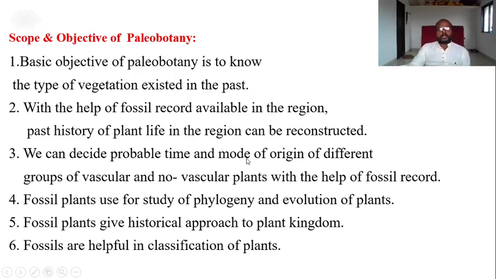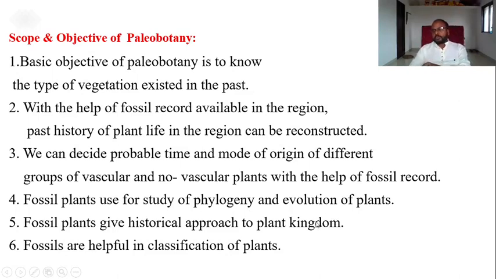With the help of the fossil record, the history of plant life in a region can be reconstructed, and we can decide the probable time and mode of origin of different groups of vascular and non-vascular plants. Fossil plants are used for the study of phylogeny and evolution of plants. That means how evolution takes place, we can study with the help of the fossil record. Fossil plants give a historical approach to the plant kingdom,